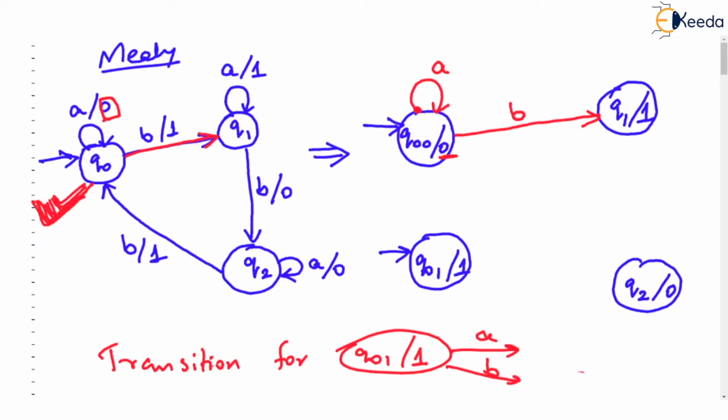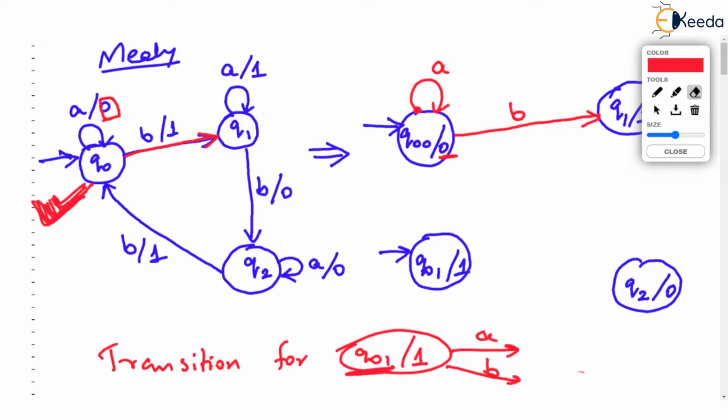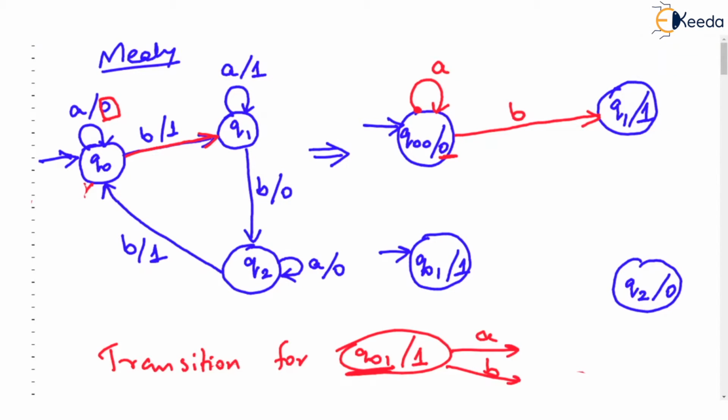But notice we are defining the transition for Q0, although it is Q01; this was the original state Q0. So we ask the Mealy machine: Q0, what do you do on reading A? Q0 says that on reading A, I remain in Q0 and output 0. So listen very carefully, this Q0 state, we are talking about Q01. After all, it is the Q0 state. When it reads A, it should go to such a state which outputs 0. Please try to understand this.